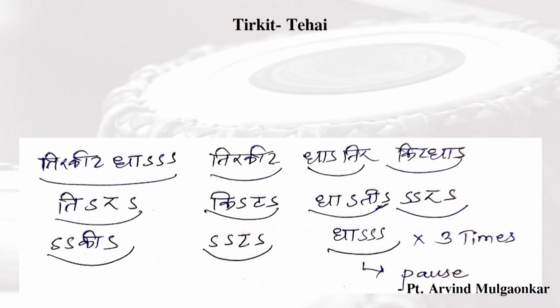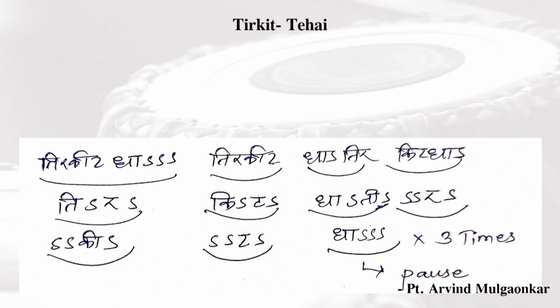Here you can find it is only made up of the tirikita syllable, and dha is included as a pause. You can see tirikit dha, various forms of tirikita, various lays, various degrees of tirikita. If we analyze it, tirikit dha is one matra, and then tirikit dha, tirikit dha, tirikit dha, tirikit dhati, rakit dha.